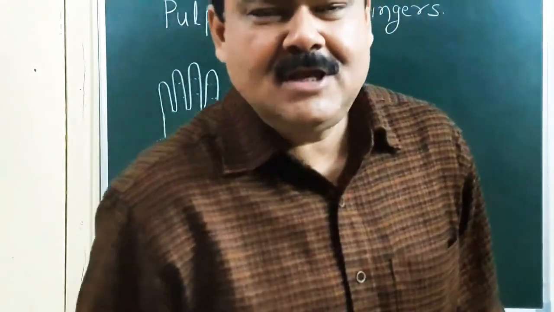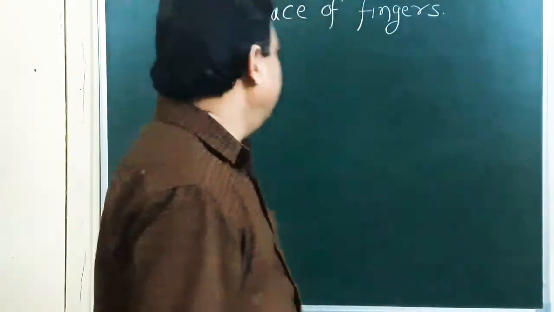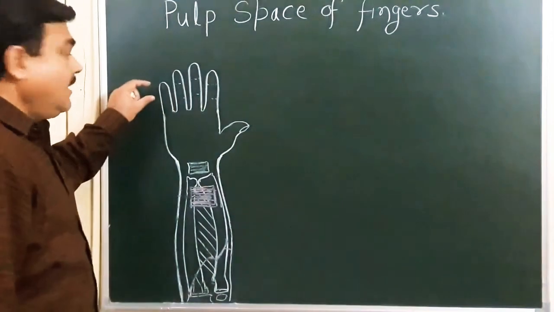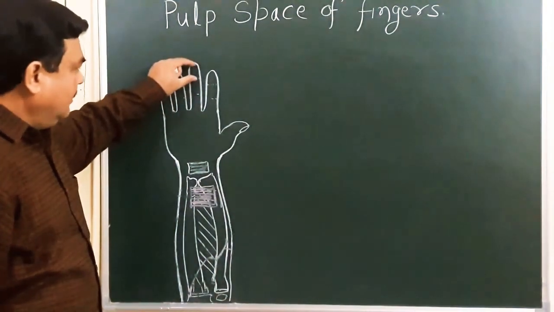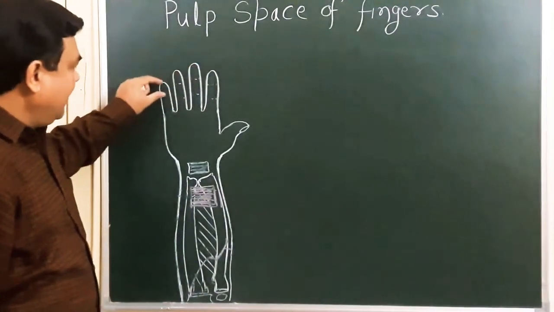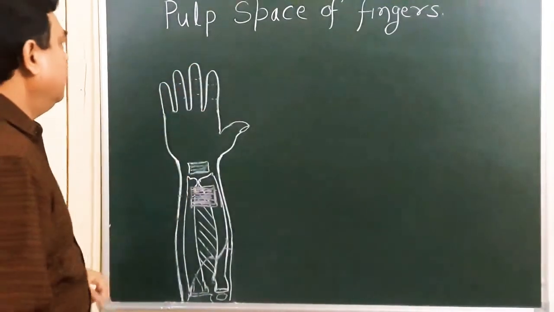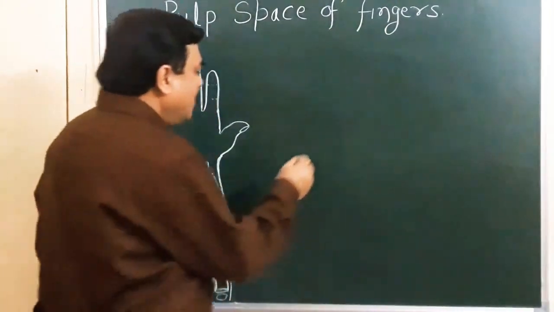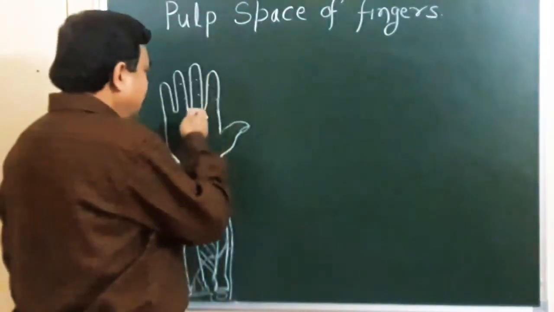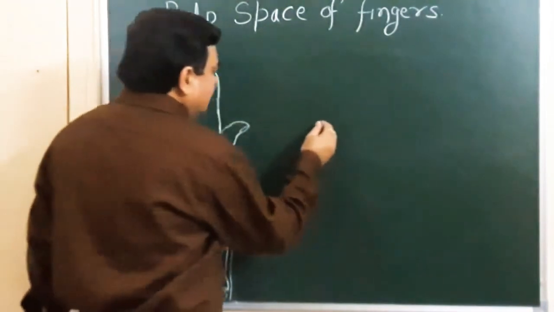Now we'll discuss the pulp space of the hand. Here you can see the terminal phalanx. Pulp spaces are present here. These spaces are clinically very important. If you cut a section longitudinally, you will find